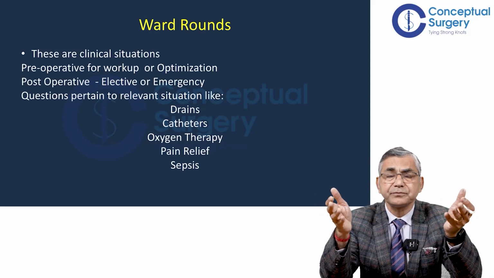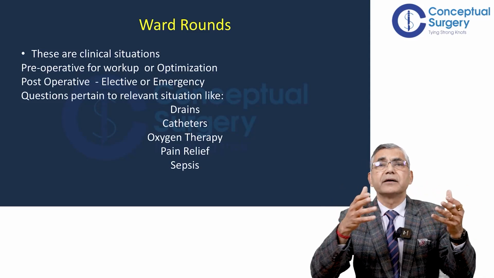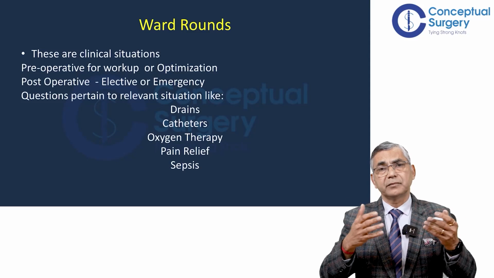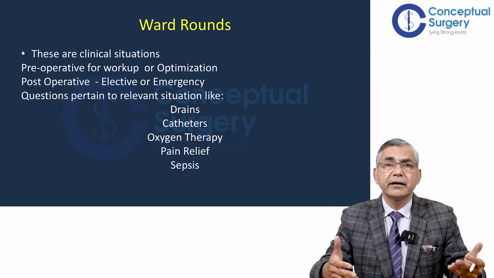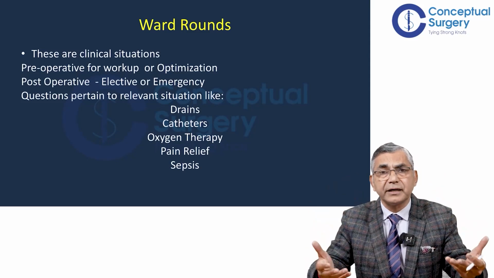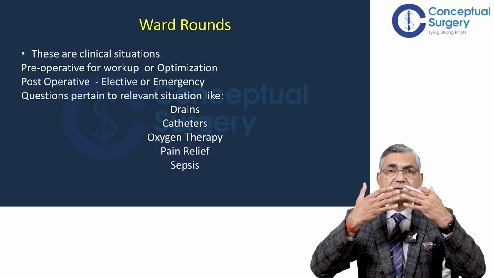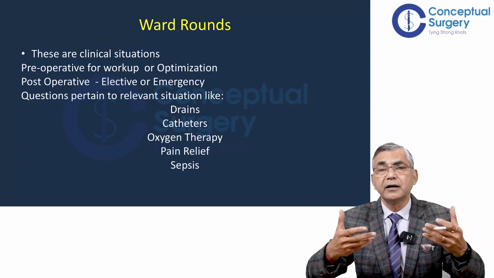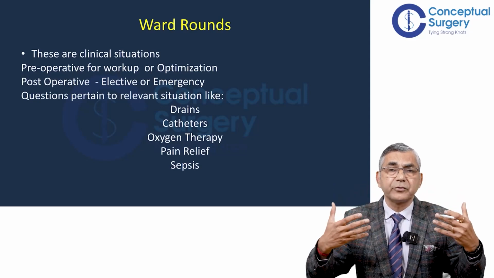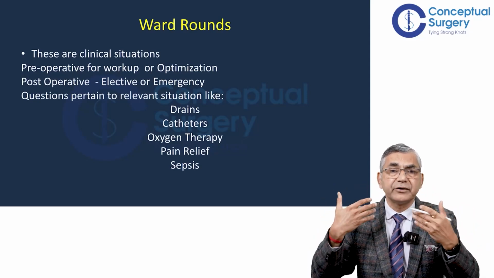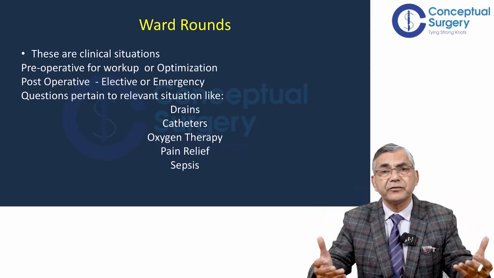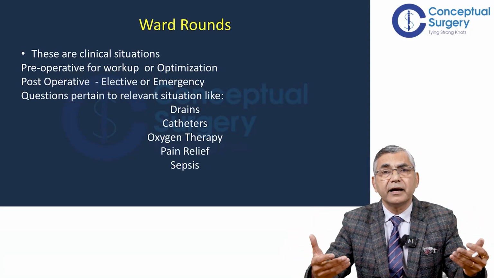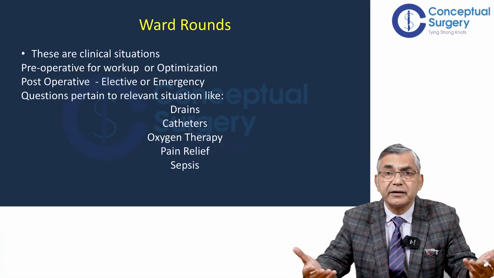address that situation. These are critical patients, so some vitals will be given by the examiner at the station, and patients will have various tubes attached to their body. There will be oxygen, there could be an oxygen mask if the patient is very sick. The patient could have a Ryle's tube, an abdominal drain, a central line, and there will be questions centered around pain relief, sepsis, and what to do with the tubes that are there in the body,